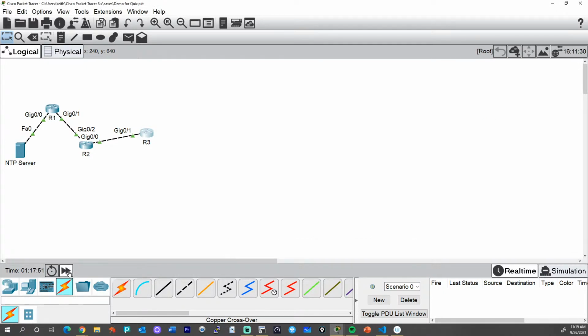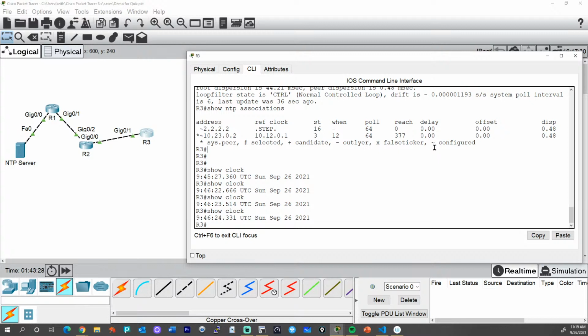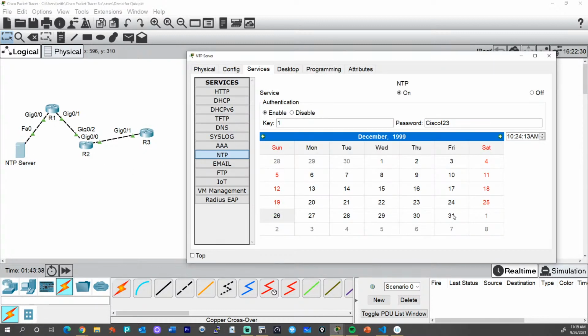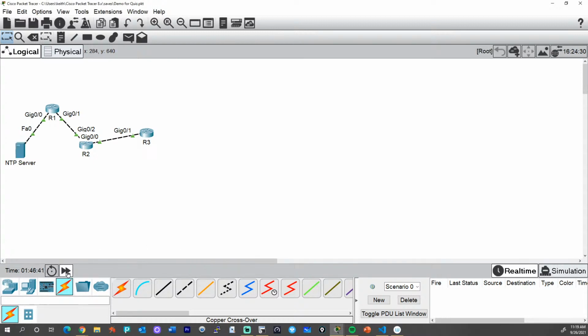I'll tell you what, I wish I could have done this in the CCNA lab because you have to wait for just time. Time keeps on slipping, not fast enough into the future when it comes to NTP verification. All right, so I fast forwarded that, and there we go. So now this is December 26th. Oh, I should have said December 31st. My bad. Well, we can fix that. December 31st. Okay, and then we can forward again.